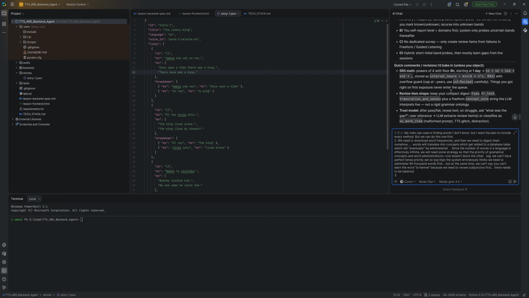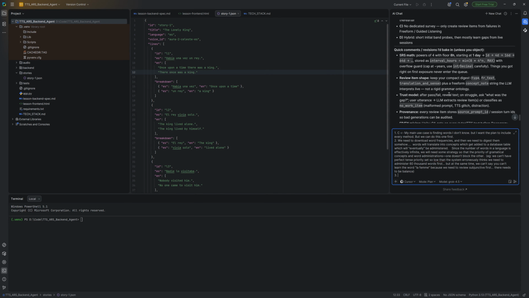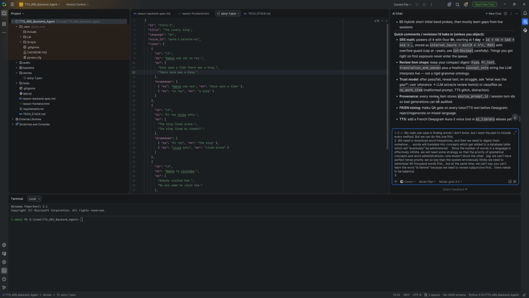Stores, interval hours. Yeah, that's fine. Review item shape, plus a freeform concept note string. I like the concept string thing by allowing the LLM to have more freedom in structure. If there is a concept like